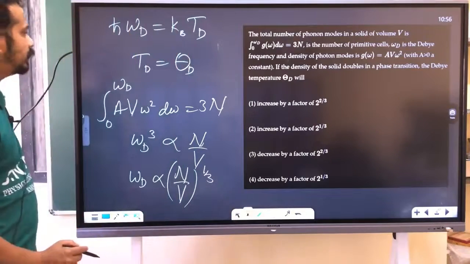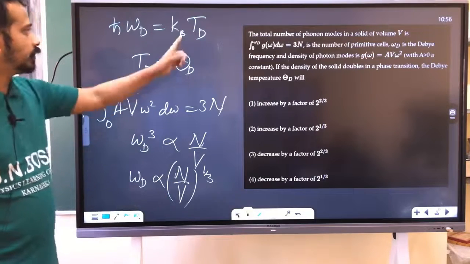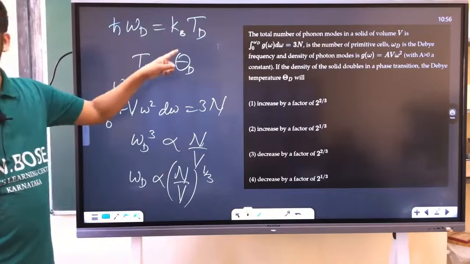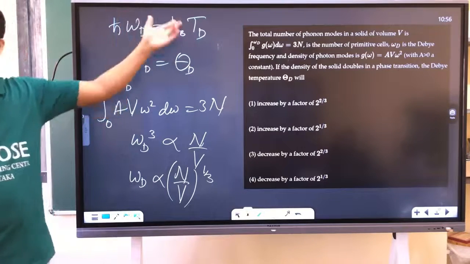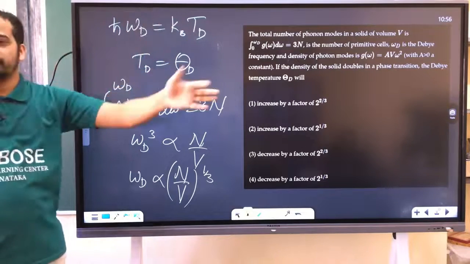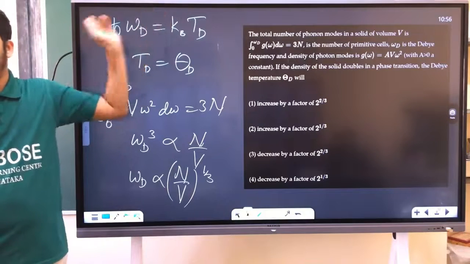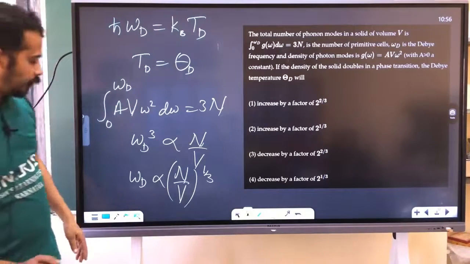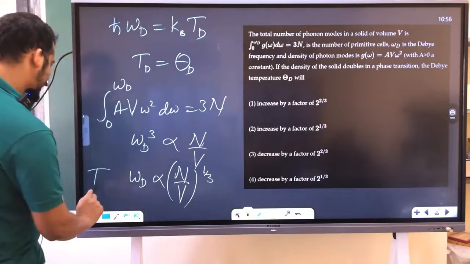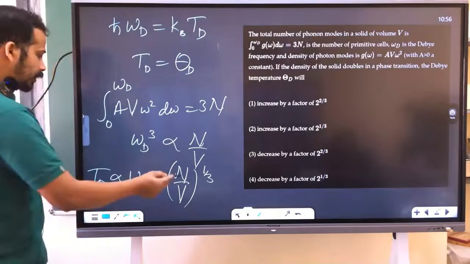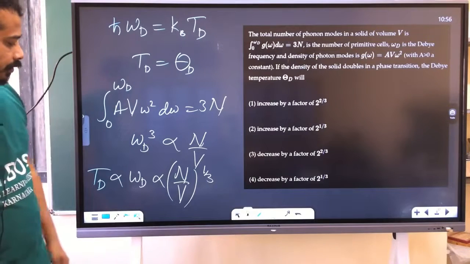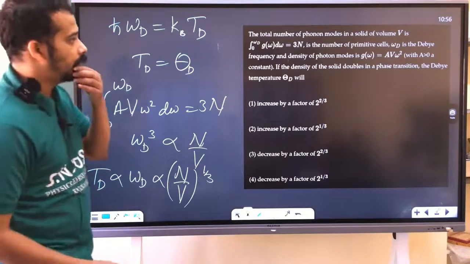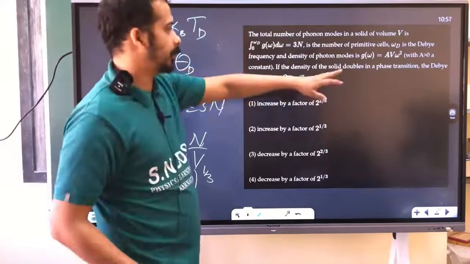If omega D is proportional to this, T D is also proportional to the same thing, because omega D is proportional to T D. This Debye temperature, Einstein temperature, Fermi temperature, you can define. Can you find the pattern over there to define? So T D is proportional to omega D, proportional to the 1/3 power of N by V. Now, in some phase transition,